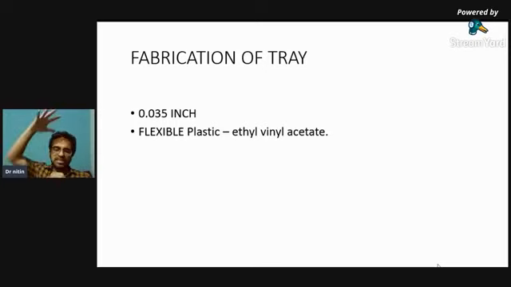तो उससे क्या होगा, जब ब्लीचिंग ट्रे बनेगी, वो वैक्यूम में बनती है, हीट प्रेस्ड होती है, तो वो उस सर्वाइकल एरिया में लॉक हो जाएगी. Why it will lock? Because you have a little trimmed the tooth in the cervical area, so the tray which is made will be thicker in the cervical area, and the accidental, I'll say, overflow of the bleaching agent would be almost avoided. So this simple protocol will help you to make a customized bleaching tray in which excessive flow of that from the tray to the gums will be avoided.